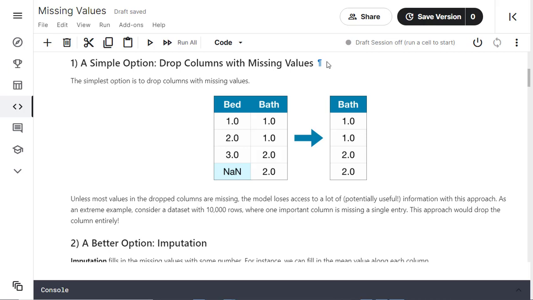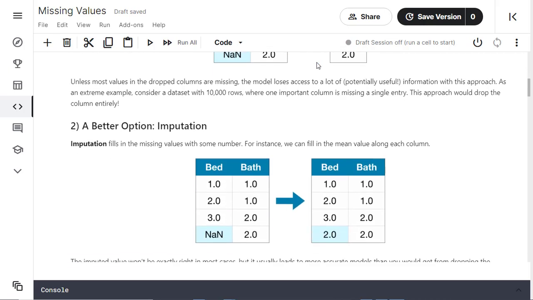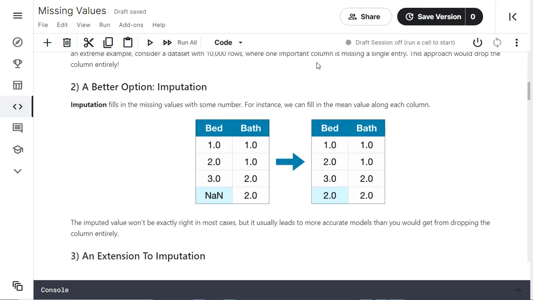If your data frame contains a column with 10,000 rows and out of those 10,000 rows only one row contains a missing value, then if you remove that column you are losing a lot of data.